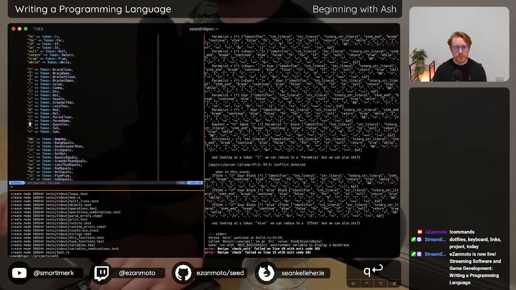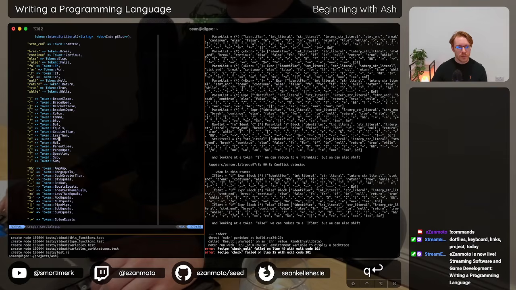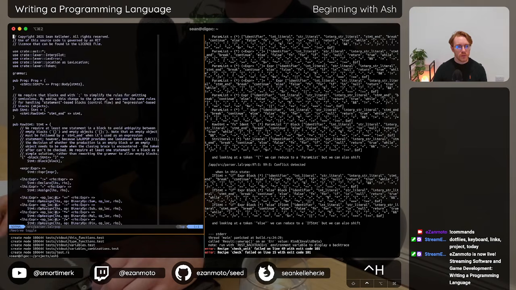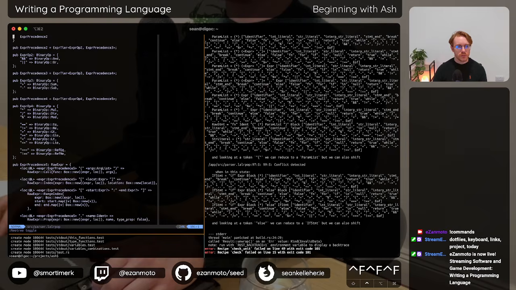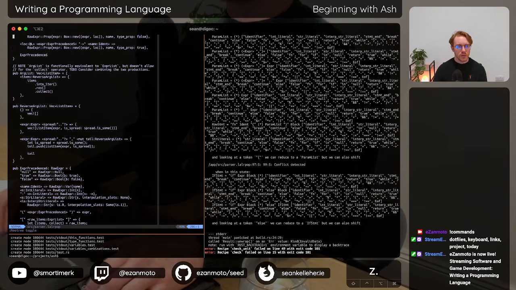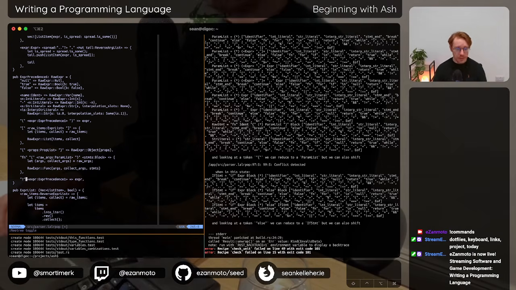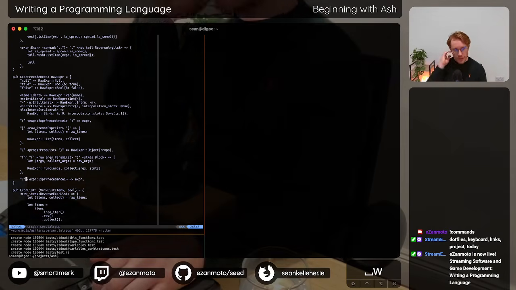Oops. Is this a new issue? Oh, I think what I did before is, yeah, so we can't actually match things after an expression because Lalrpop is an LR1 parser.